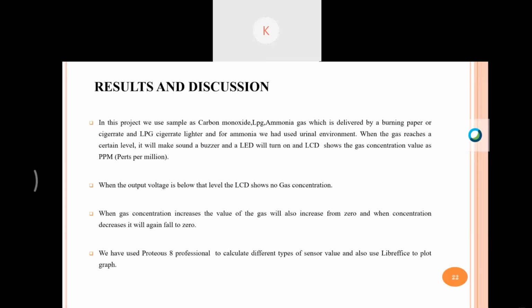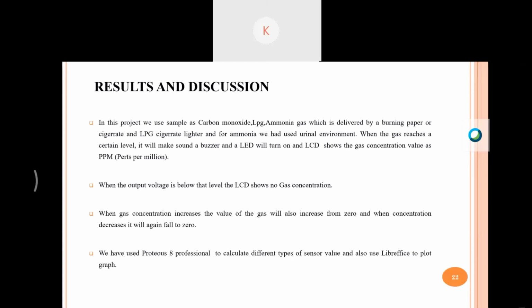Mainly in the MQ2 sensor, the load resistance and sensor resistance are very important because they are directly related to the accuracy. Now, when we supply the 5-volt supply and expose it to the gas, some gas concentration is shown by the LCD display, and we collect this data from the MQ2, MQ6, and MQ135 from a Proteus simulation and microcontroller. Or sometimes I also use Arduino, but Arduino is a remake, so that's why we use Proteus simulation.